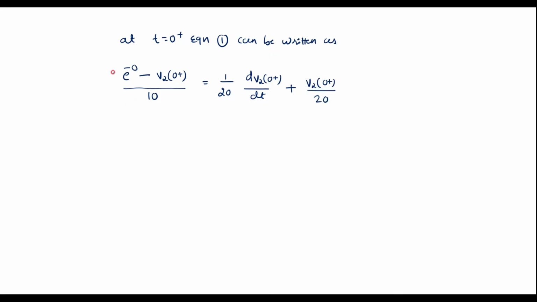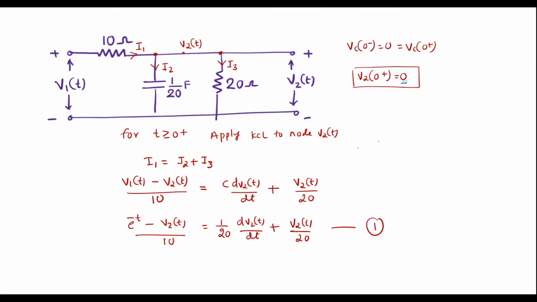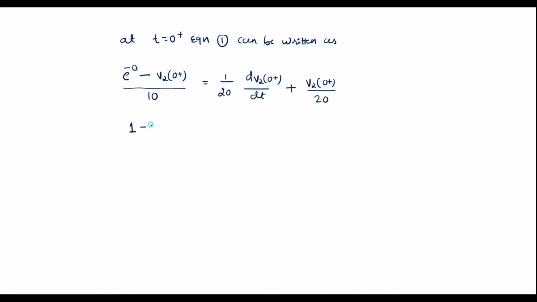Let me simplify. We know that e power minus 0 is nothing but 1, and we already found that V2 of 0 plus is 0. So this is 1 minus 0 divided by 10, equal to 1 by 20